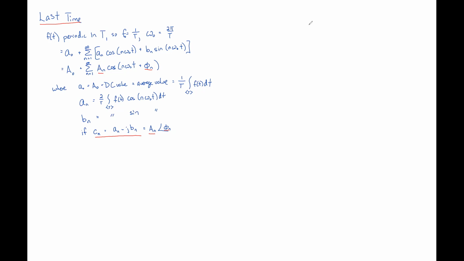And the last thing we just talked about at the very end of last class was the amplitude spectra. And the amplitude spectra is just a plot of A sub n versus omega sub n, where omega sub n is just that fundamental frequency times its harmonic for n equals 0, 1, 2, and so on. And this has a lot of intuition, right? If this is our plot of our amplitude spectrum,